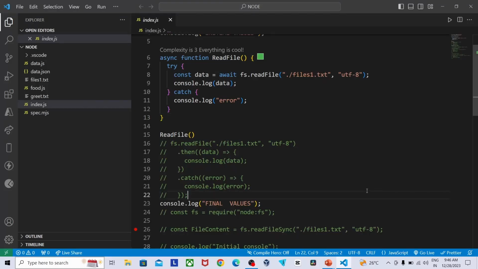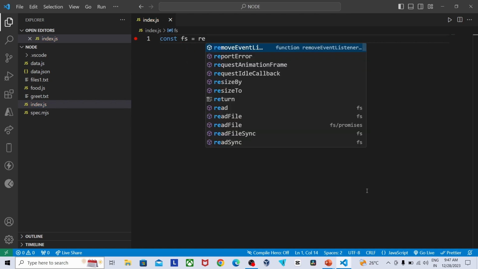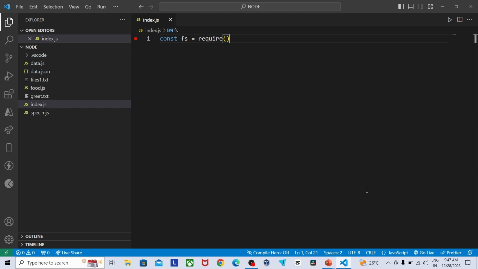So first of all, I'm going to clear the file, and the stream is used to transfer the chunk of data from one file to another. So let's start the practical demonstration of this. Create a variable for fs, require node:fs,